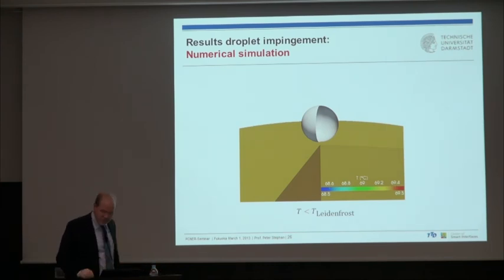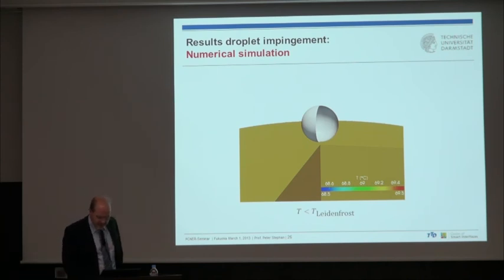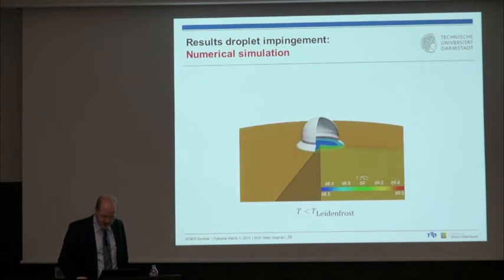So here, when I start the movie, you will see a droplet impinging on an initially heated, hot wall. The droplet comes with a certain velocity when it impinges the wall, and then it will spread over the wall. Then, due to surface tension, it will settle down on the wall, and in between you see the cooling of the wall. You see the isotherms in the wall, and of course the wall temperature here is below Leidenfrost temperature, so it is able to wet the wall.